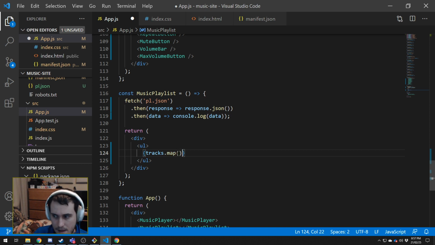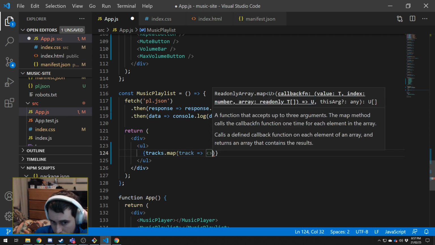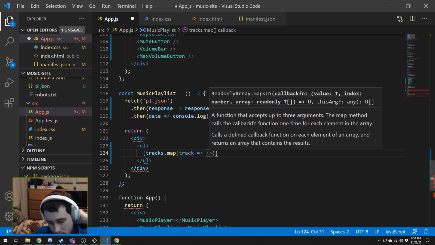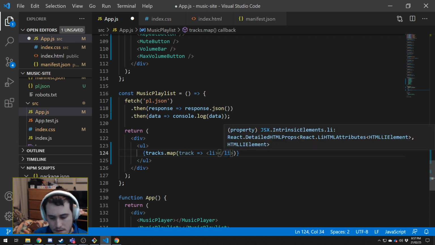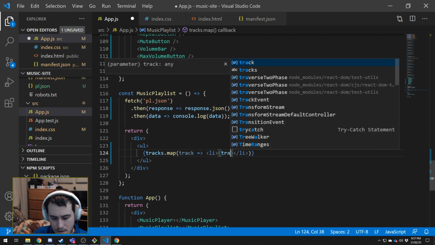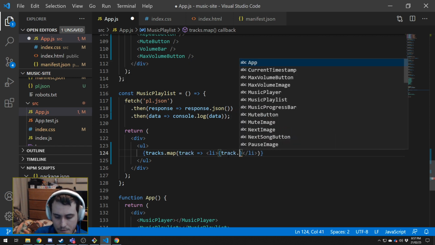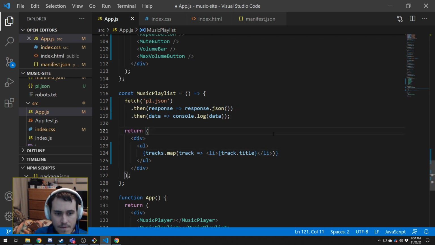Map each item in that list to... Thank you. That's good to know. If I remember correctly, we were putting title in here. If you recall, though,